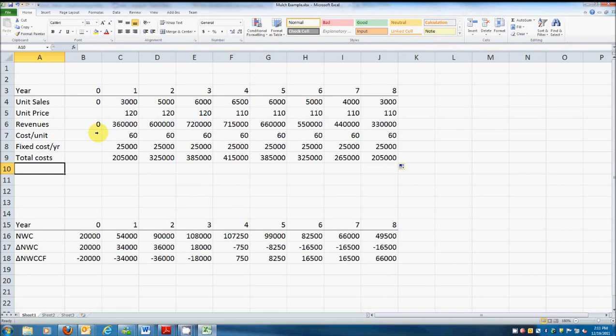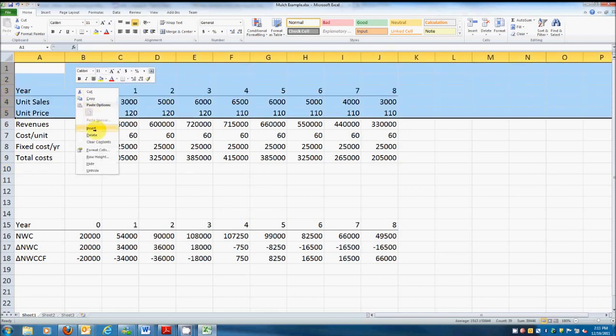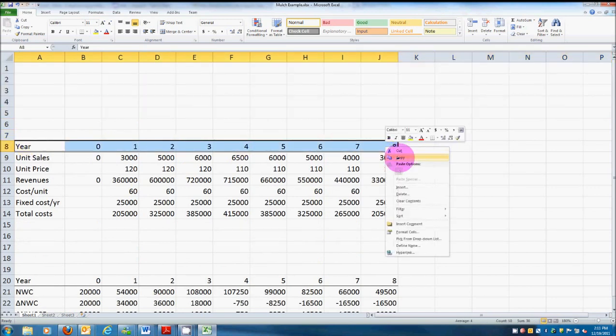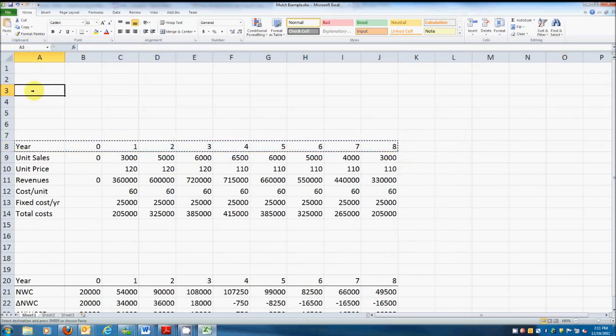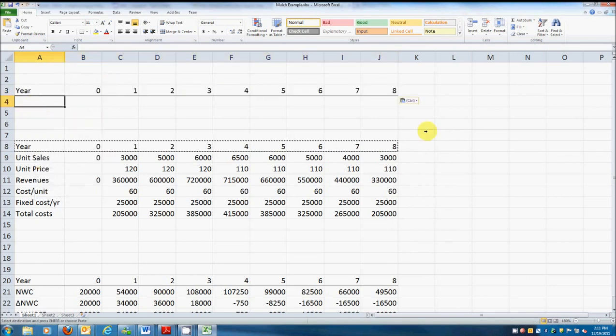So let's insert some lines up here. Insert. And I'll just copy this because we're going to do years again, and just paste. And so I'm going to put MACRS right here. For year 0, there's no depreciation. In year 1, our book says 0.1429, 0.2449 for year 2,